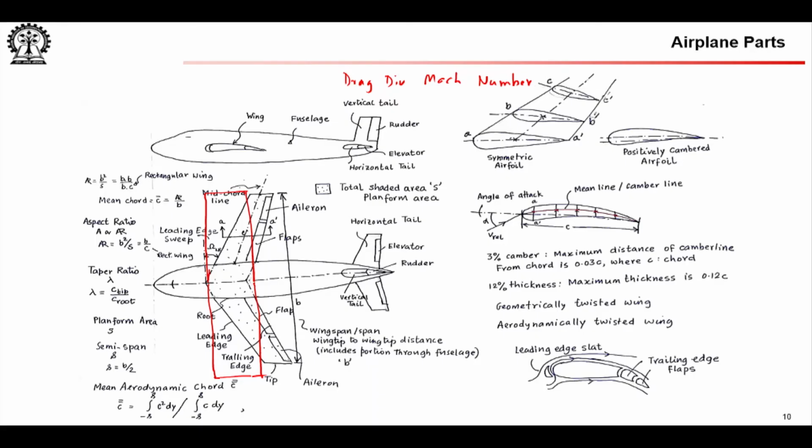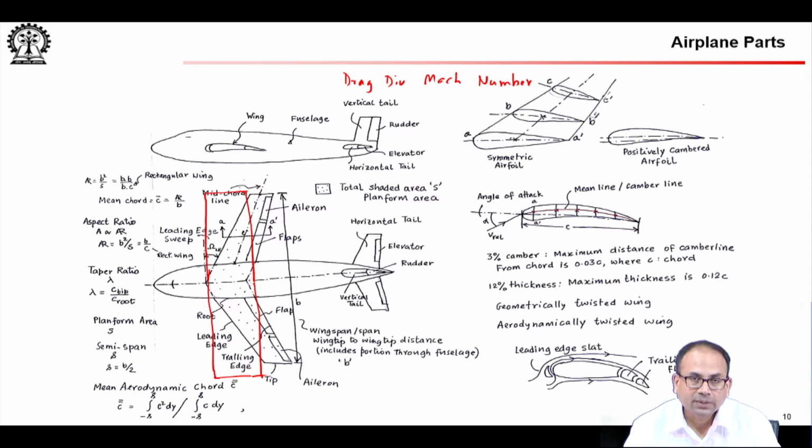Welcome back to another session of Introduction to Aerodynamics, and in this session we will be continuing with the airplane parts part of the presentation. As you remember, in our last lecture we talked about the effect of leading edge sweep, and I said that part of the reason for leading edge sweep was that aircraft became faster, like the present day aircraft compared to those of the first and second World War era.